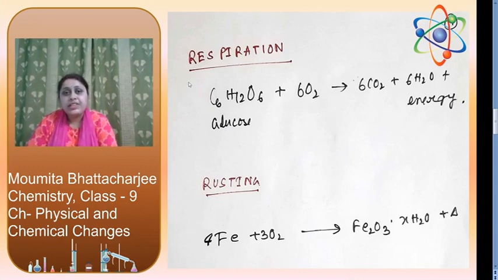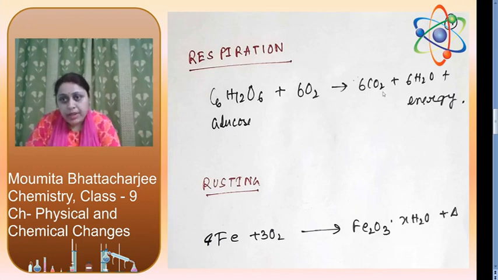Next, another reaction is respiration. We know that during photosynthesis, plants make their own food as glucose. When glucose is burned in the presence of oxygen, it forms carbon dioxide and water. We know that when any hydrocarbon, and glucose is a carbohydrate, burns, it always produces CO2 and water, with the release of energy. So we can say respiration is also an oxidation process.